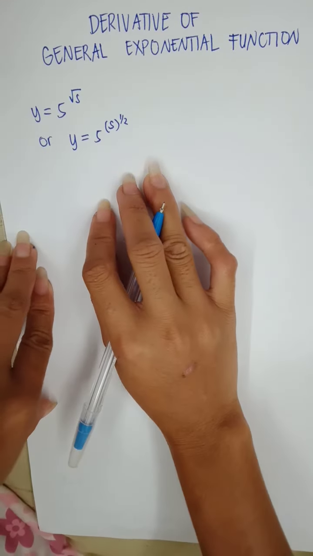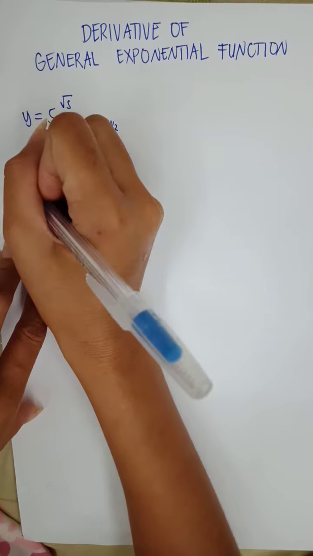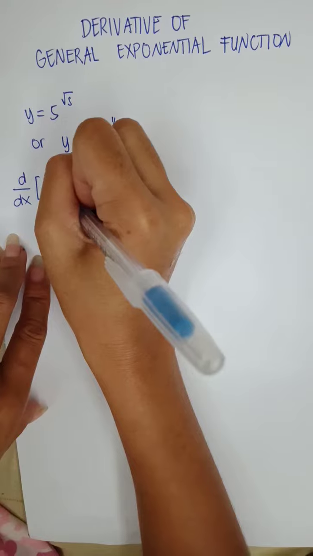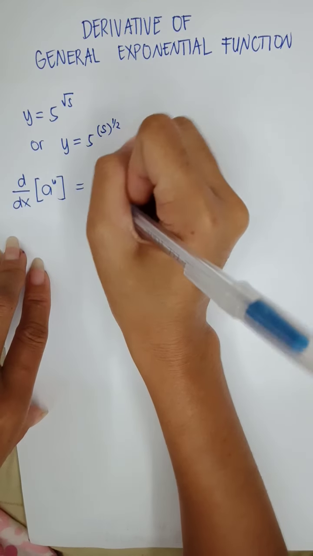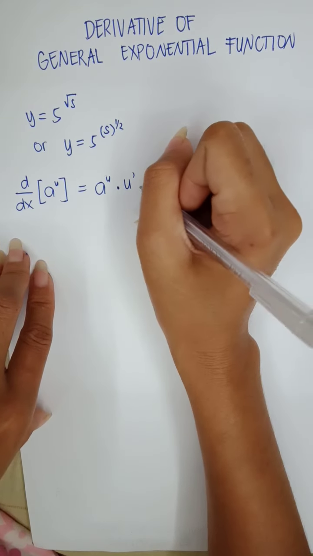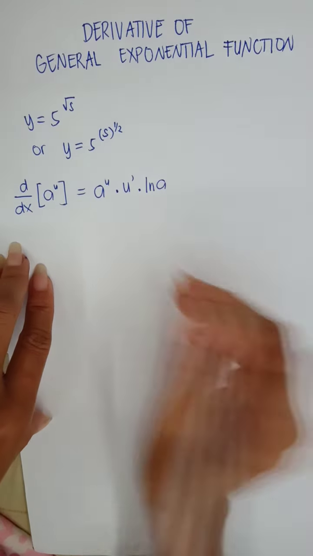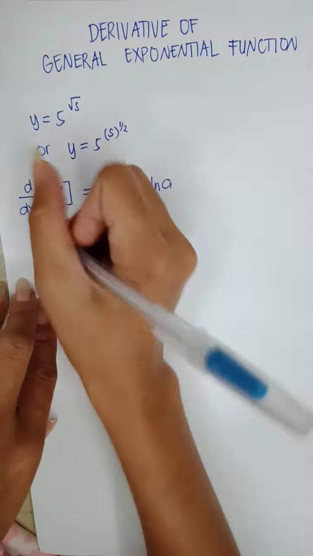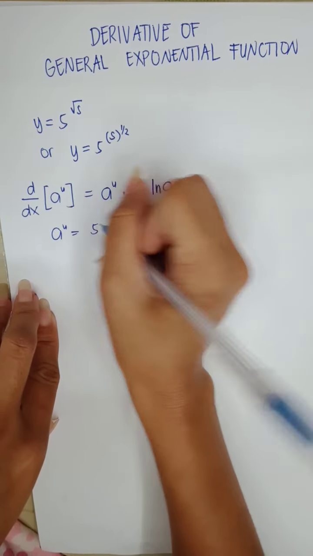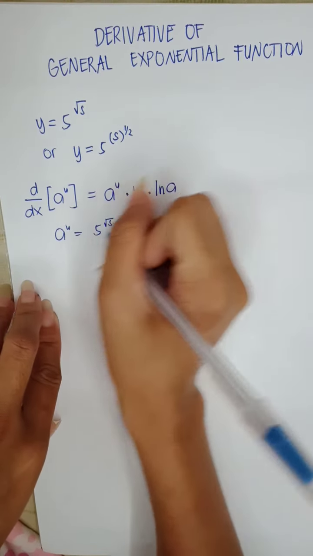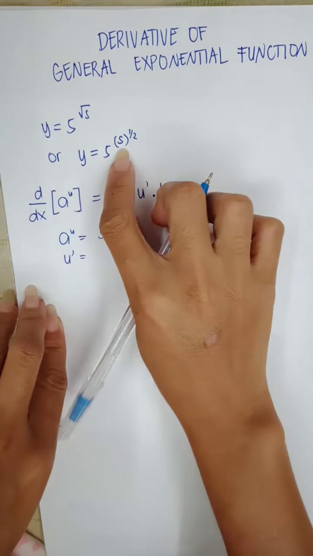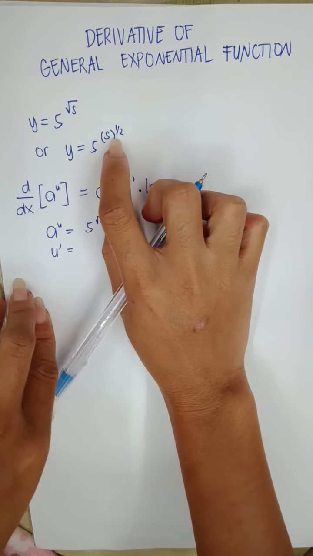So to find the general exponential, we're going to use the formula d over dx a to the u equals a to the u times the u prime times ln a. So let's first identify the a to the u, which is 5 to the square root of s, and our u prime is the derivative of s to the power of 1/2,